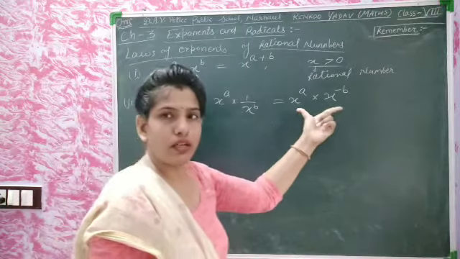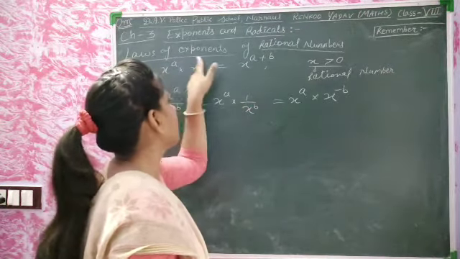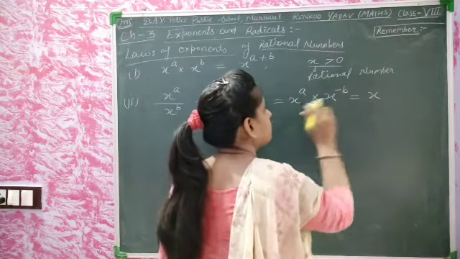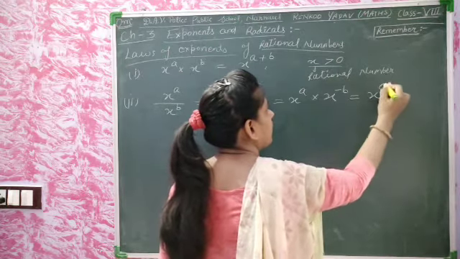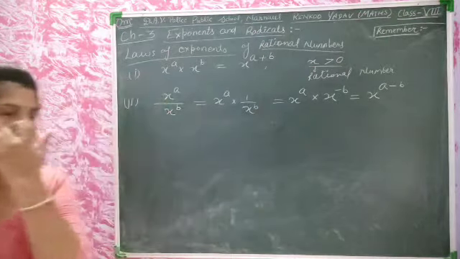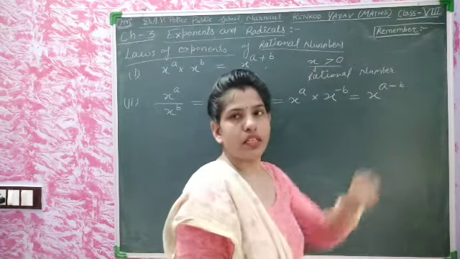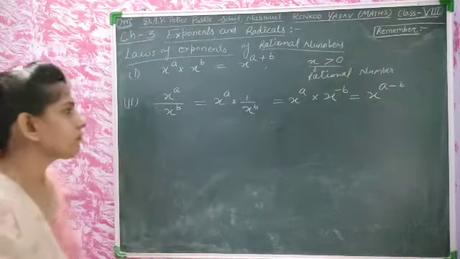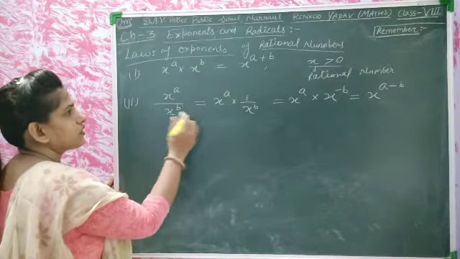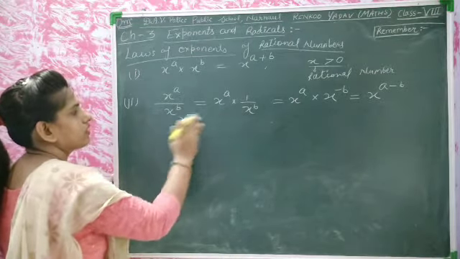Now, if we have to multiply these, then the same rule applies. Bases are same and the powers are different. Then it equals x to the power a minus b. This is the minus here, and if we add a and minus b, we get a minus b. Now there is the same thing: x is not equal to 0, it must not equal 0, and x is always greater than 0.